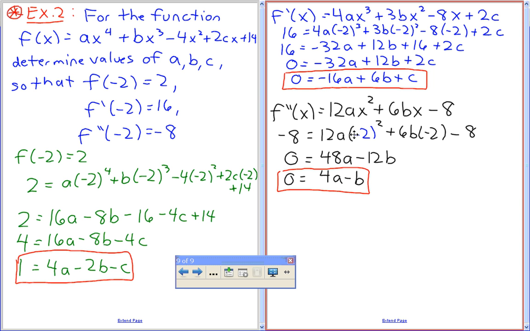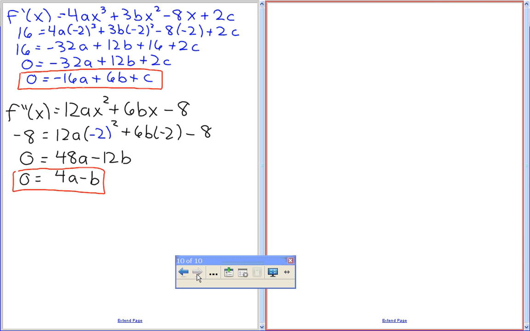I'm going to slide to the next board. Can somebody recite this to me in a moment? 1 equals 4A minus 2B minus C. I call that guy number 1. And then number 2 is going to be